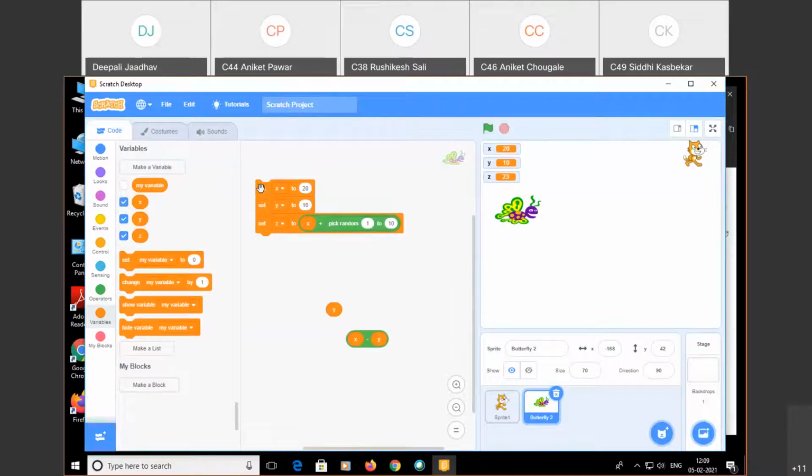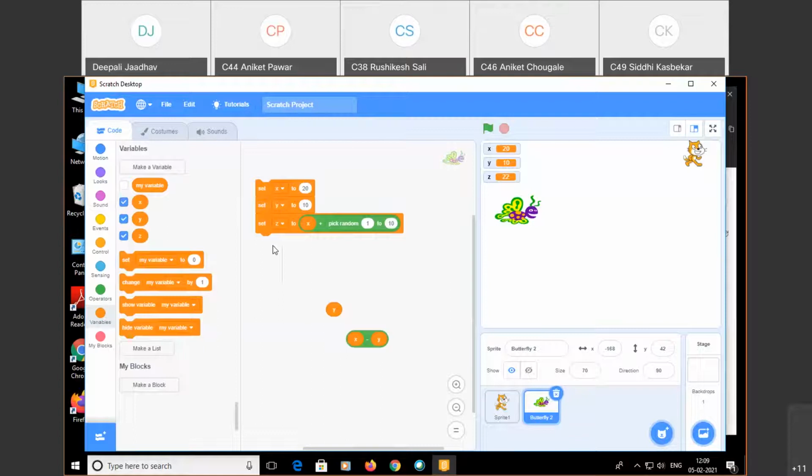Again I execute, it is 25, which means it picked randomly 5. Again I execute, it's 28, 22, 26, 27. You can observe here every time x plus a random number from 1 to 10. That is about the variables, operators, and generation of random numbers.